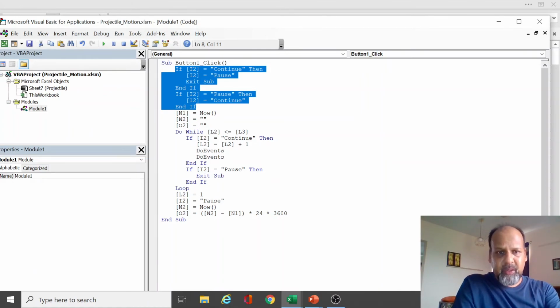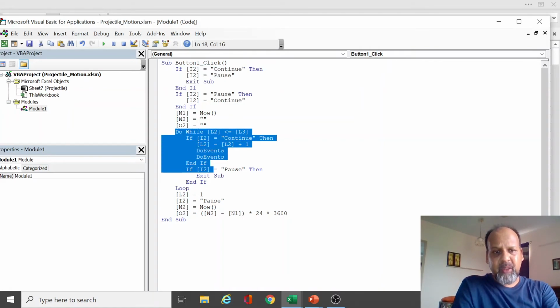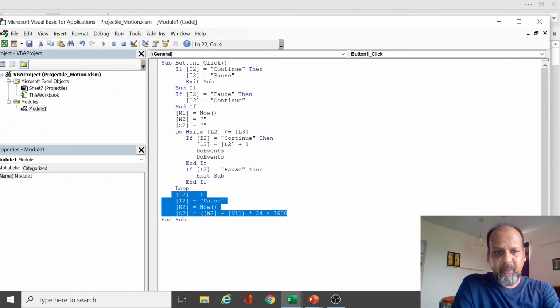Now, the logic is that it's simply incrementing a number one by one, and two events mean it pauses so that we can see the simulation, right? So this is pretty simple. This is just a while loop, just to increase the number of rows, or to traverse through the rows actually, right? And the final part is calculating the time it takes to run the simulation. I'll show this part when I run the simulation again.